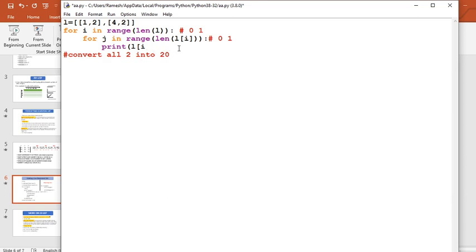By simply writing this code. Here we traverse each and every element, and if the element equals 2, then we will make L of I J be 20.